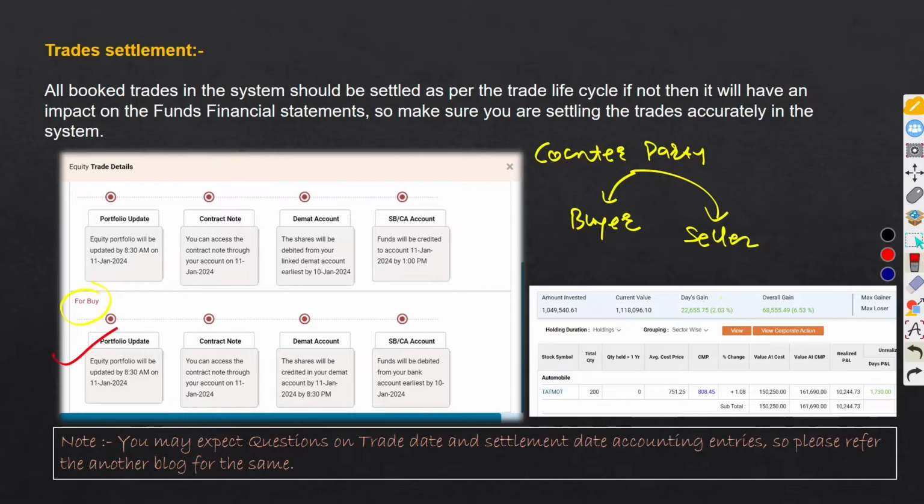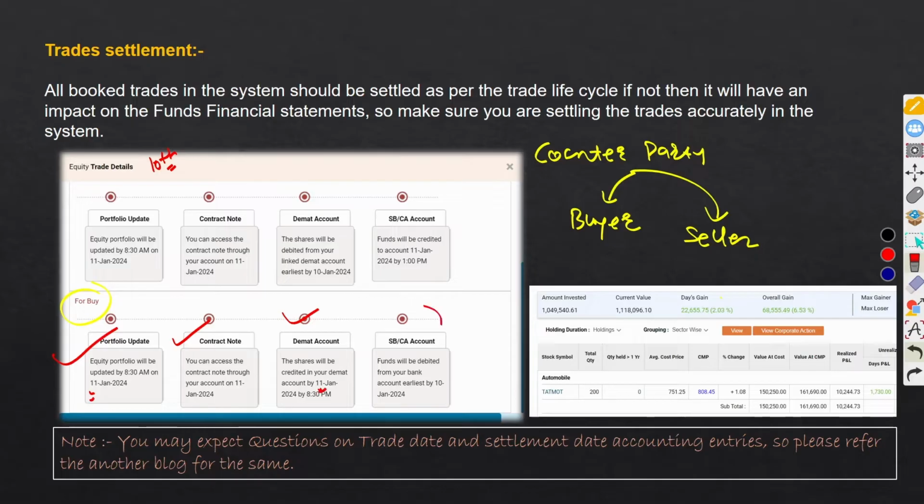If we talk about trades or transactions, see the movement in the buyer book. The equity portfolio will be updated by 8:30 a.m. on 11th Jan 2024. Basically, I purchased the security on the 10th, so it will be reflected in my portfolio on 11th of January. I can access the contract note as a buyer on 11th of January, and the demat account